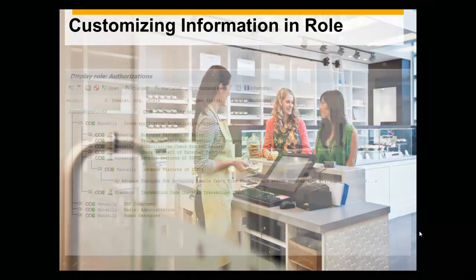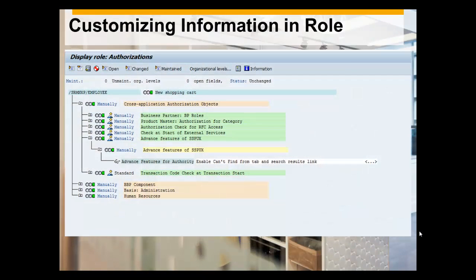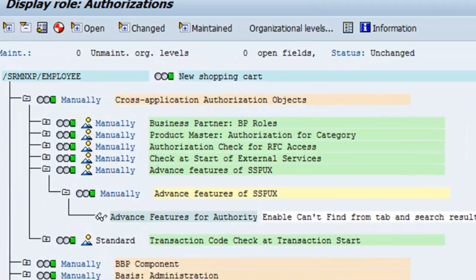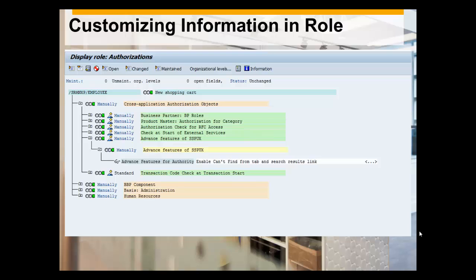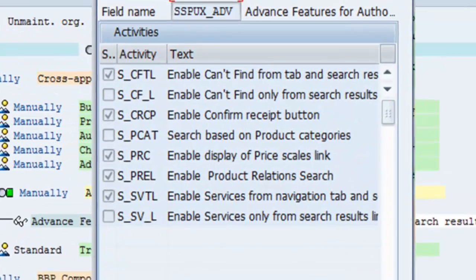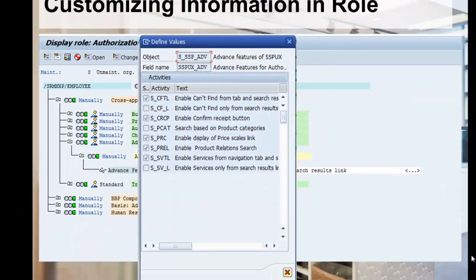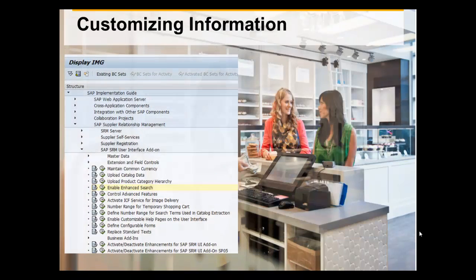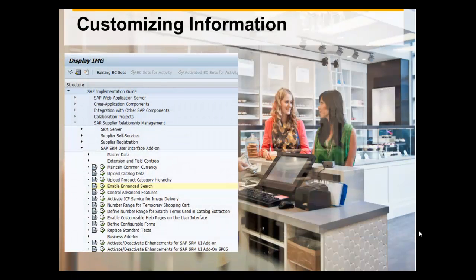Open SLM NXP Employee Role in PFCG transaction and click on Advanced Features of SSPUX. Now to enable this feature, S_PCAT authorization object has to be added to this role. There is one more customizing which needs to be maintained. For that, go to SPRO transaction, click on SAP Supplier Relationship Management, then SAP SLM User Interface Add-on,